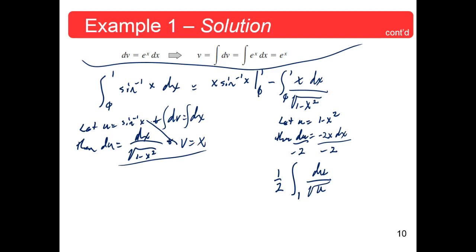These values for x are here. 0 here gives you a 1. And a 1 for x here gives you 0. And there you flipped it again. So we're going to have to get our minus sign back again, aren't we? But that's okay. So what I'm going to do with that is make that a -1/2 integral from 0